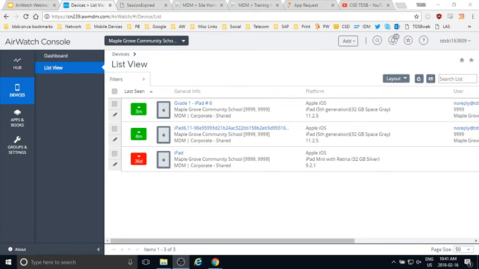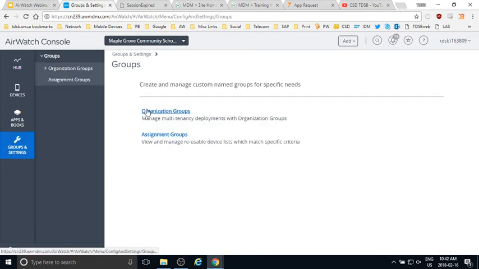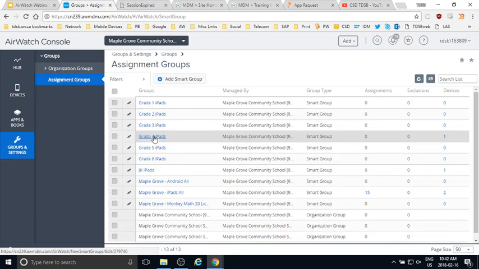So what I did here is I just said I want these apps to appear on all my iPads. That's fine. You can just say, these are the apps and I want all my iPads to have them. But if you want to get a little bit more granular with your control, you can actually create groups in AirWatch. I already have a bunch set up here for the sake of demonstration.